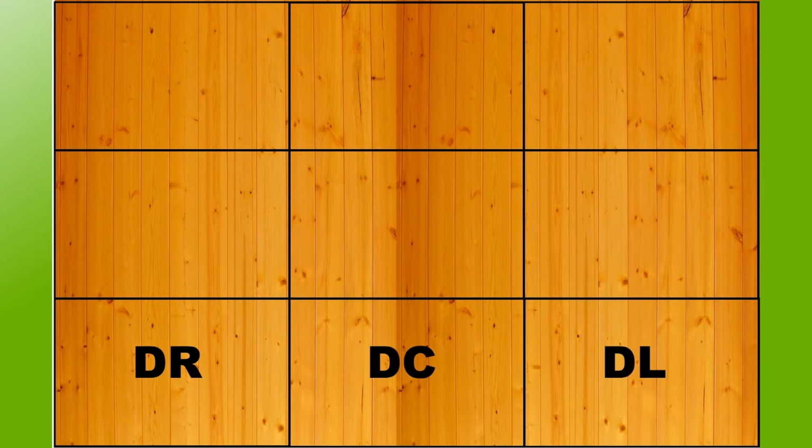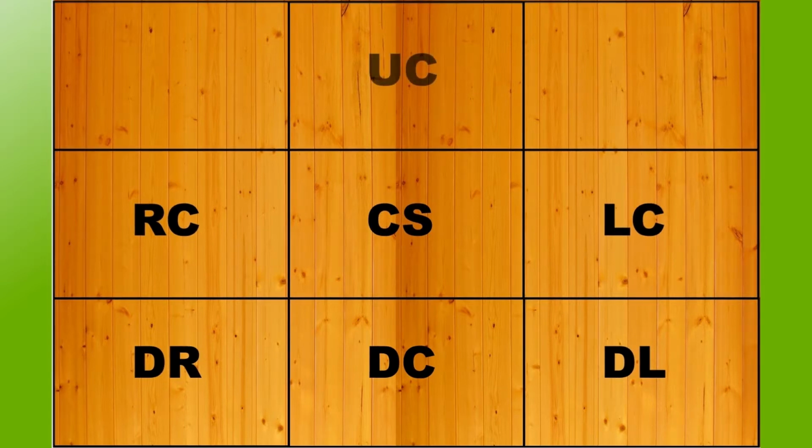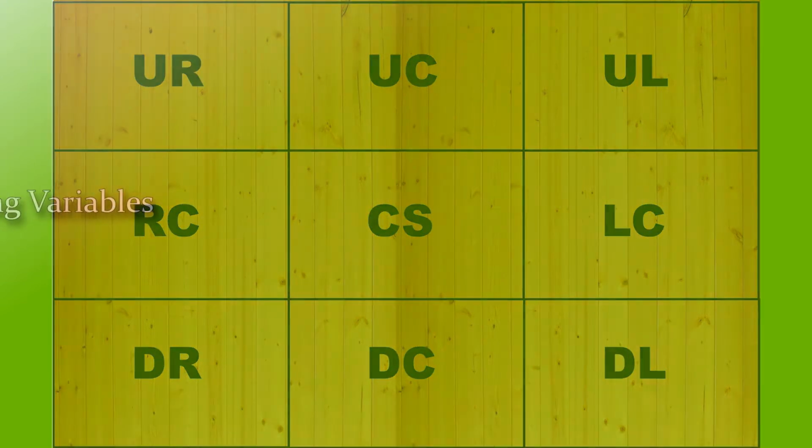As logic would follow, the next strongest block is center stage, followed by right center, and left center serving as the sixth strongest block. Moving upstage, up center serves as the strongest block of the background, moving to up right, with up left serving as the weakest block of the stage, with all things being equal. However, all things are rarely equal on the proscenium stage, nor should they be.